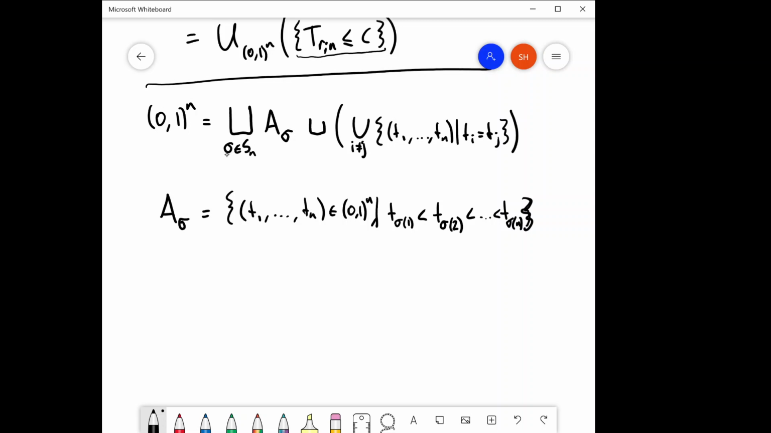So sigma here is a permutation. So what that does is it swaps the n indices around. And then these sets A sigma are where once you've permuted these variables according to sigma, then you've got an increasing list of times. And then these are the sort of hyperplanes which have at least 2 of the times